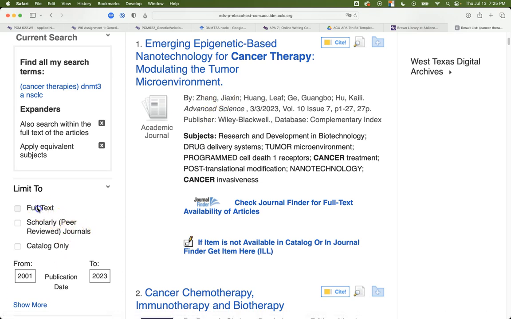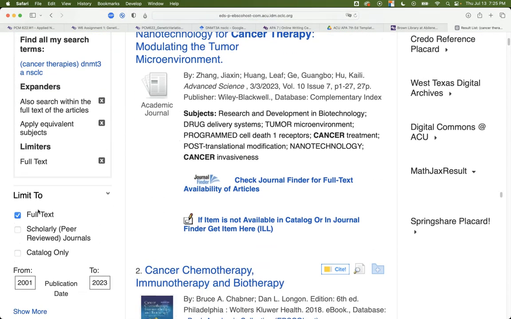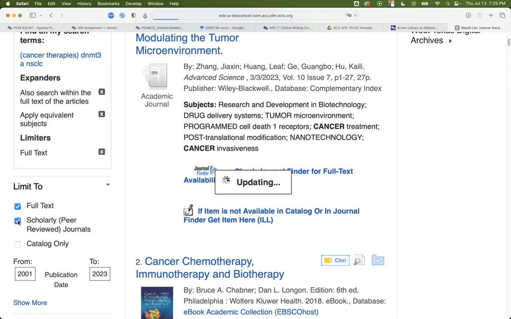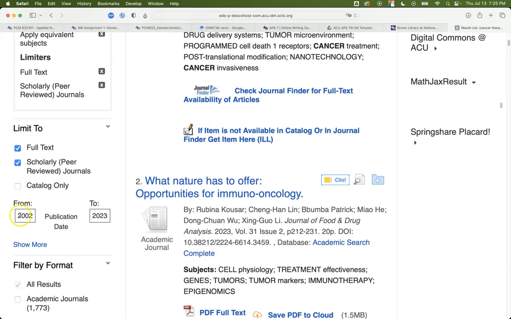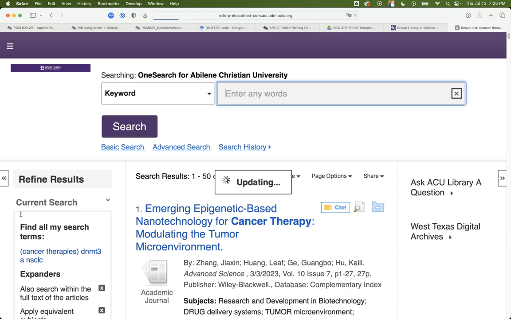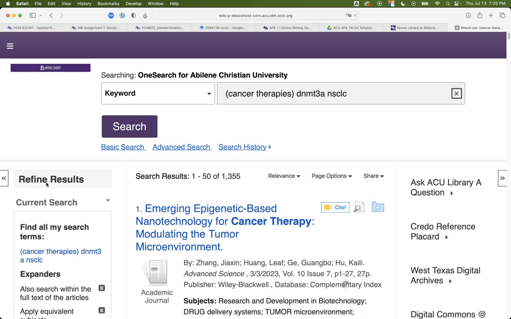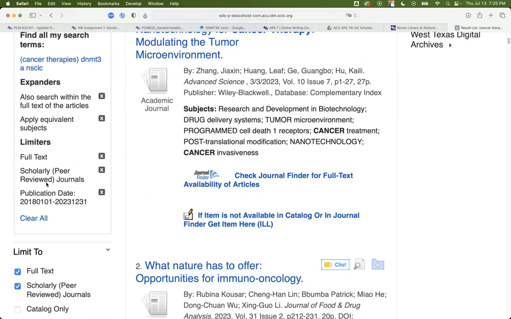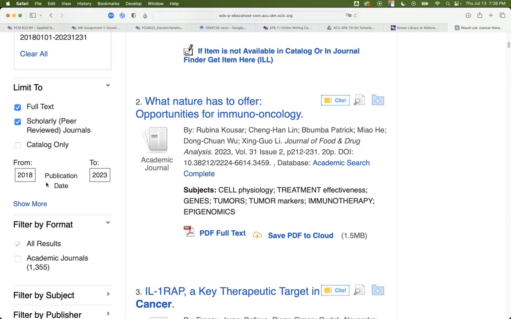So let's do some limitations. First, limit to full text, because we want to have things that you can read. Also, limit it to scholarly peer-reviewed journal articles. And let's also add a date restriction, because we want to be looking at things that are reasonably current, and there are lots of things that can change quickly in cancer therapy. So starting with the last 5 years as a rough definition of recent, we can now look through this and